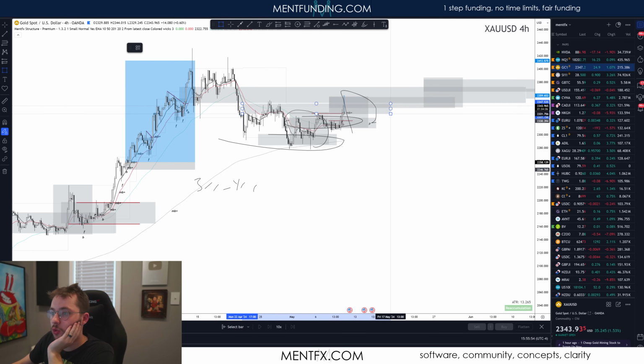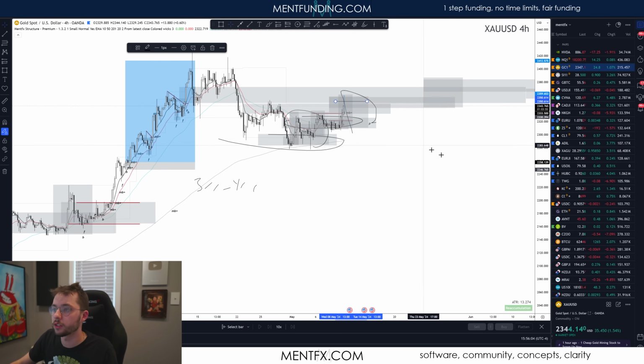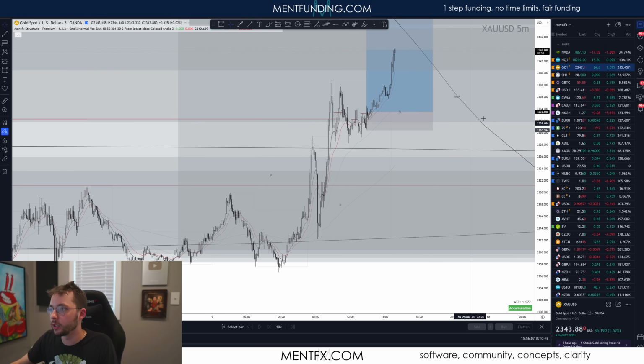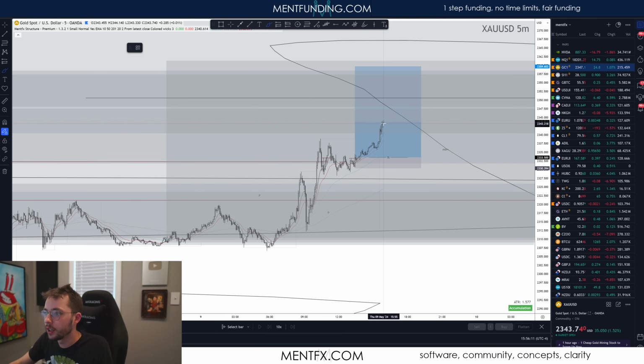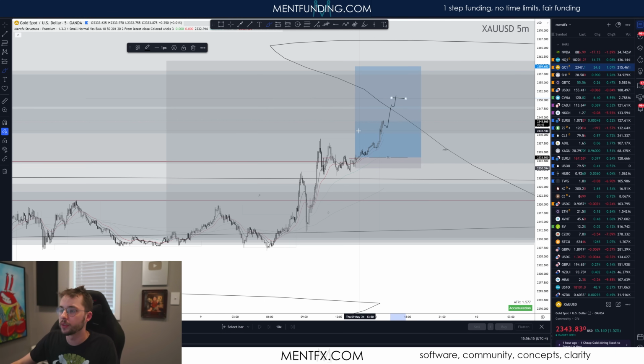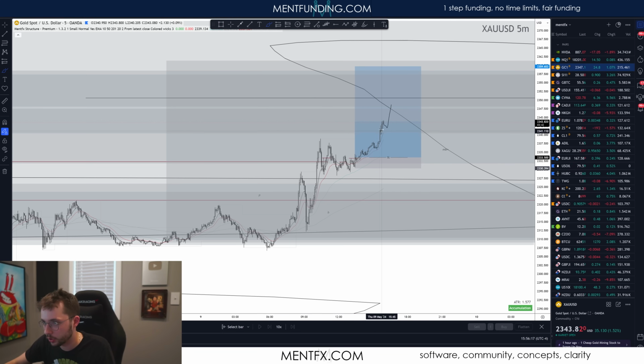Here's your long-term stage 1, and within it, 1, 2, 1, 2, 1, again 2. Where can it reach to? At least probably 2350, right? I can draw this. I know this is going to at least probably reach right there, and that's where I can take my first partial. So hopefully I can live through some sideways and then boom. In the next hour, maybe it just booms and takes me out there for the first partial, because it just becomes super extended. That's what I want to see, right?